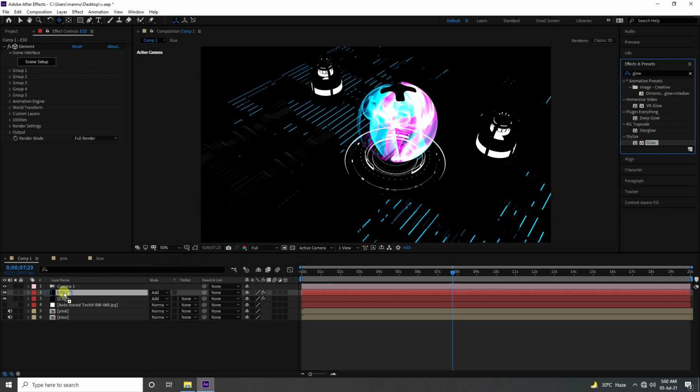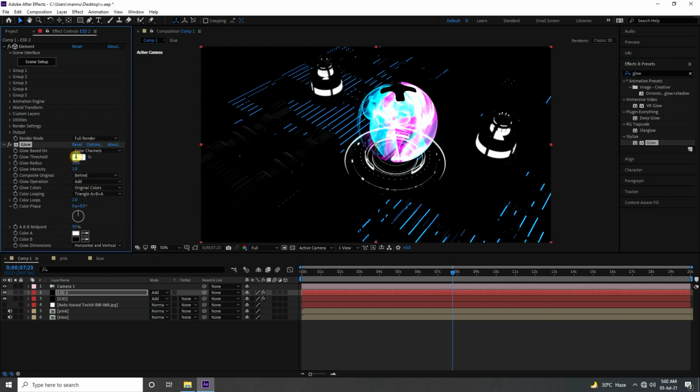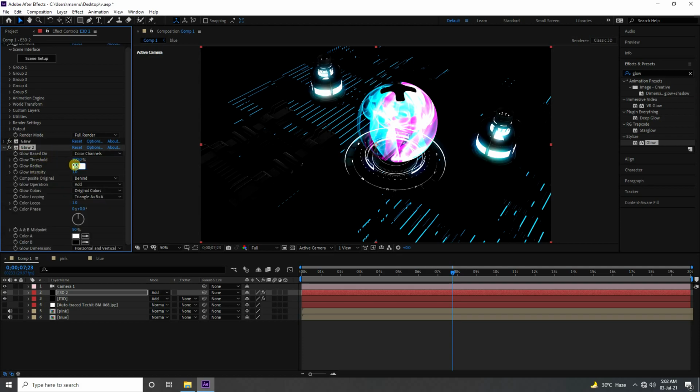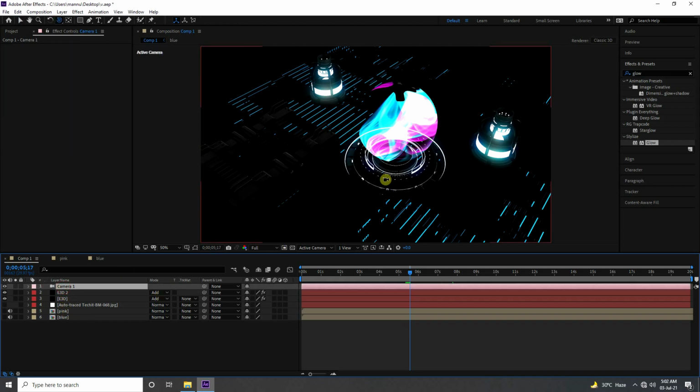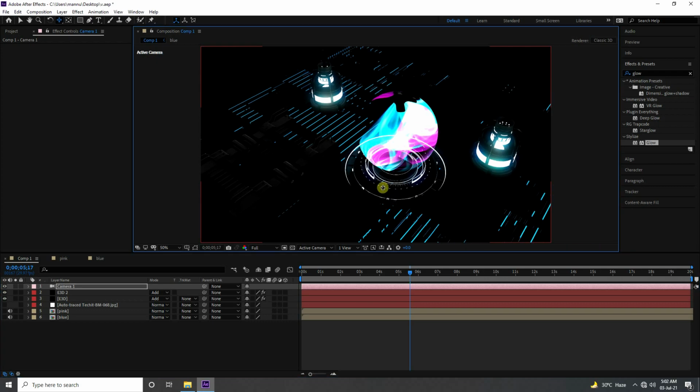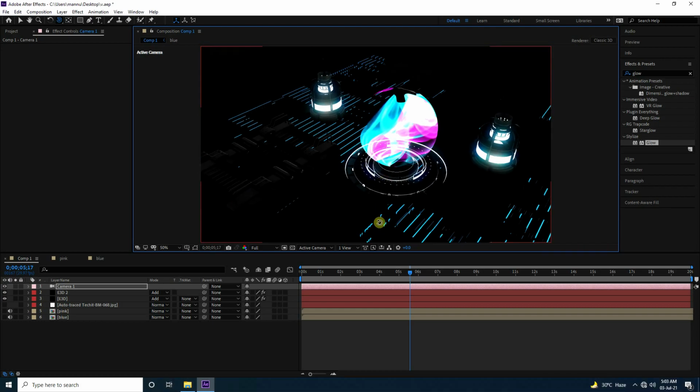Okay, so guys, I go to effect and preset and apply glow effect. Select and apply on E3D2. Yes. And guys, threshold 100 and guys, radius like 50. Yeah. So guys, select this glow and again duplicate and change only radius to 100. Yeah, good. So guys, go back and play. Yes, really good. Okay, so guys, now select this camera and set the camera angle like this and rotate a little bit. Yeah, very good.